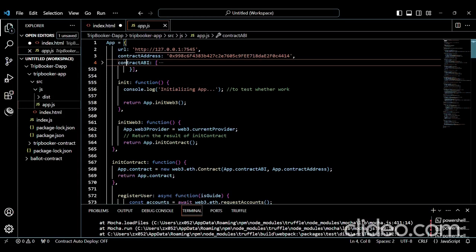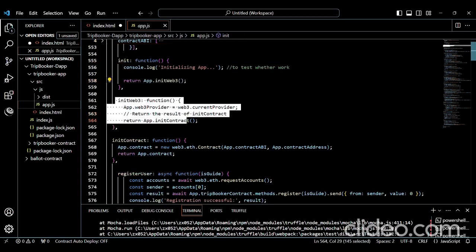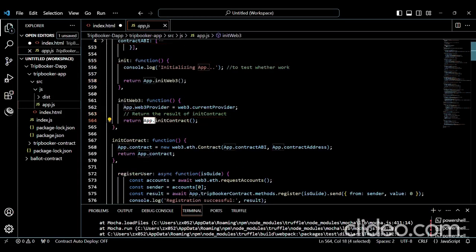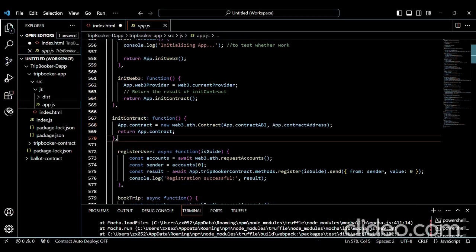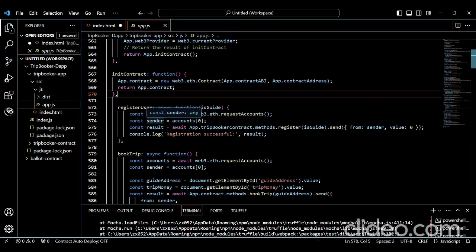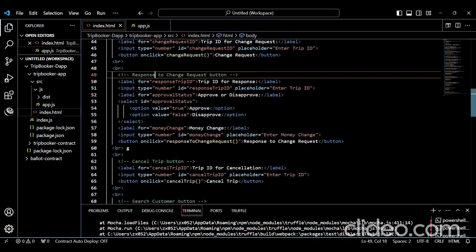So let's start from the initiation function to call out an app, initiate web3. This function calls the next function, which calls the app and initiates this contract, the app contract, which is the TripBooker smart contract. So I create it by the contract API and the address, and return this contract. All the functions here are for connecting with the